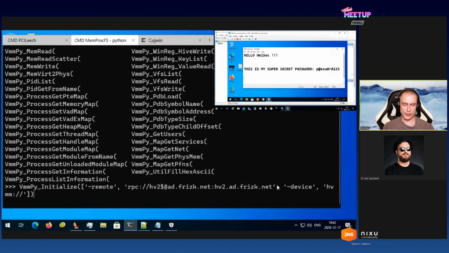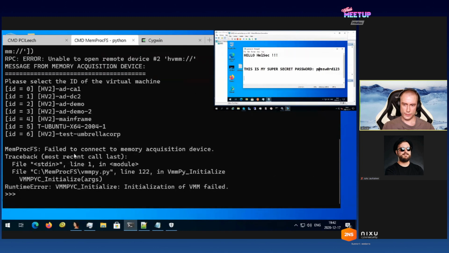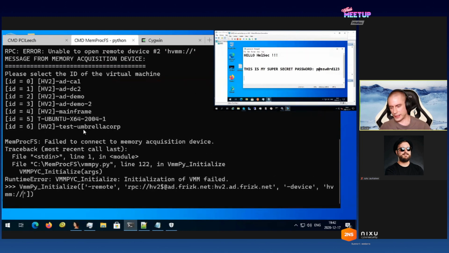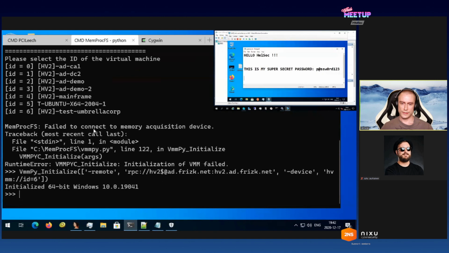So I'm connecting to this RPC connection and this device HVMM. And we are getting an error here because I need to specify which virtual machine. And so let's specify virtual machine number 6. And now it's connected to the Windows virtual machine. So now we can